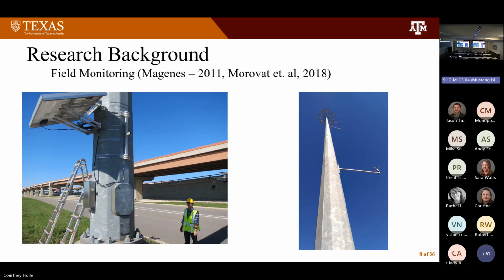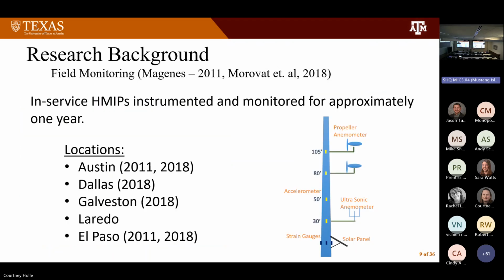We've done a lot of research on these poles, looking at the behavior, a lot of field monitoring. A couple of different studies have gone out and put strain gauges on the poles, and anemometers to look at wind speeds up the pole, and looked at the behavior we had. We instrumented poles all throughout Texas, some in central Texas, some up in Dallas, some on the coast, some up in the panhandle, just to look at variations in wind and what they end up causing in the potential for the cracks to increase.